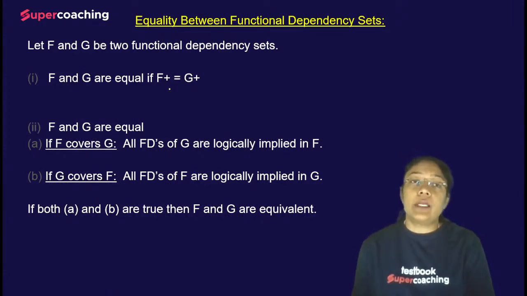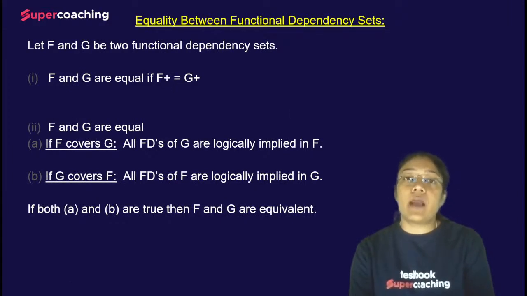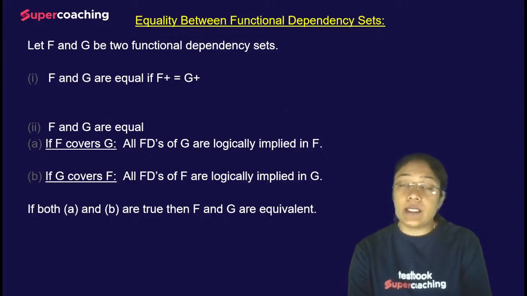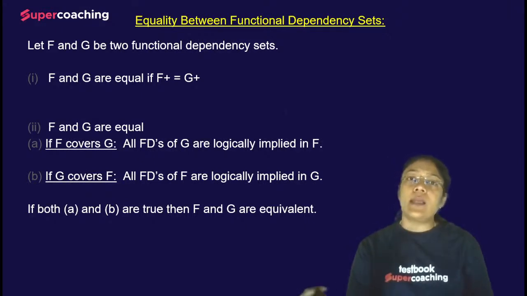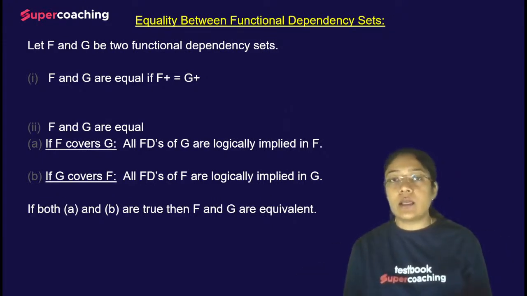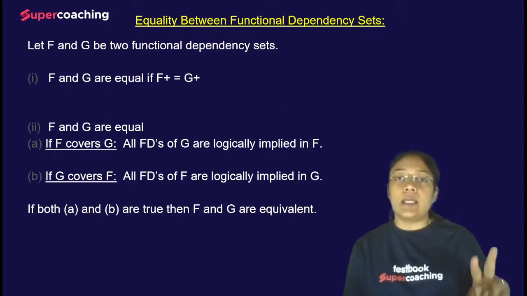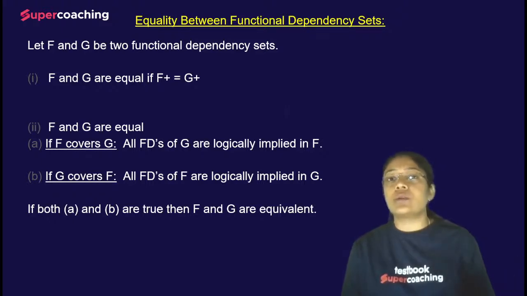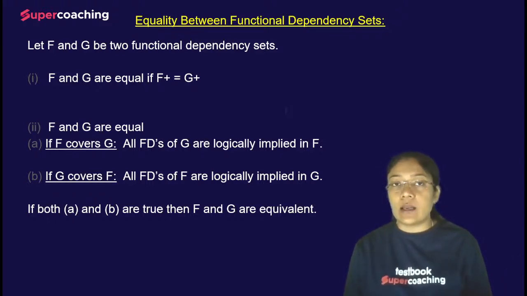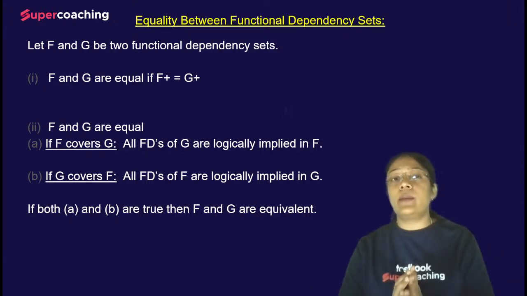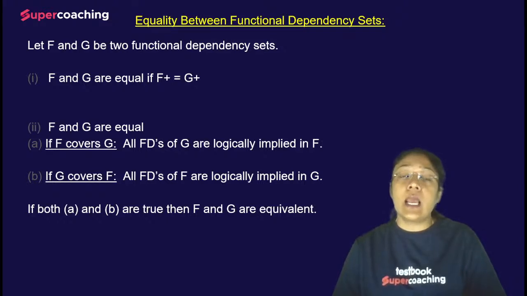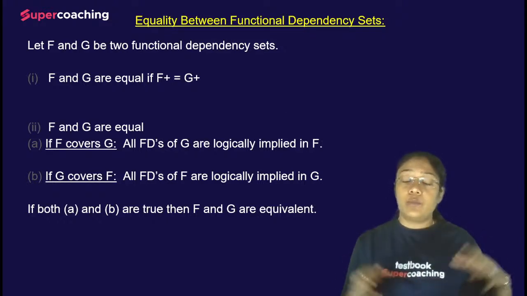Next application is we have to identify whether the given two functional dependency sets are equivalent or not. So basically it's the equality between functional dependency sets. And whenever we talk about comparison, obviously two entities should be there, because we won't compare something with itself or just one thing, right? It can be greater, it can be less and it can be equal. So basically you will be given the functional dependency sets and we have to identify whether both are logically